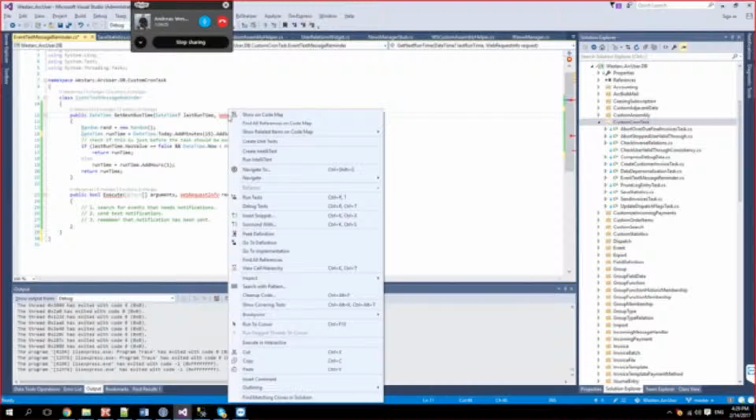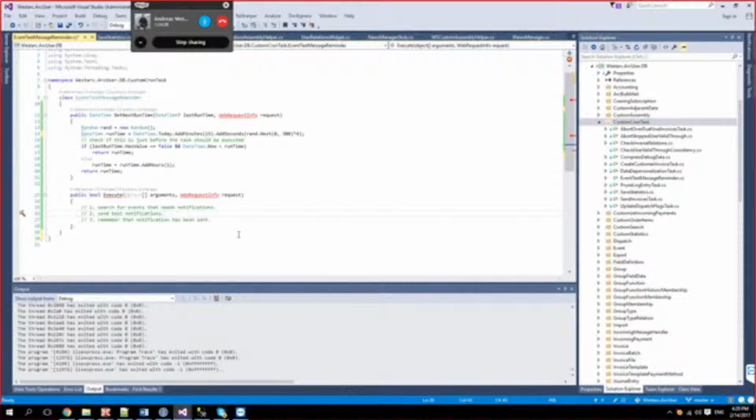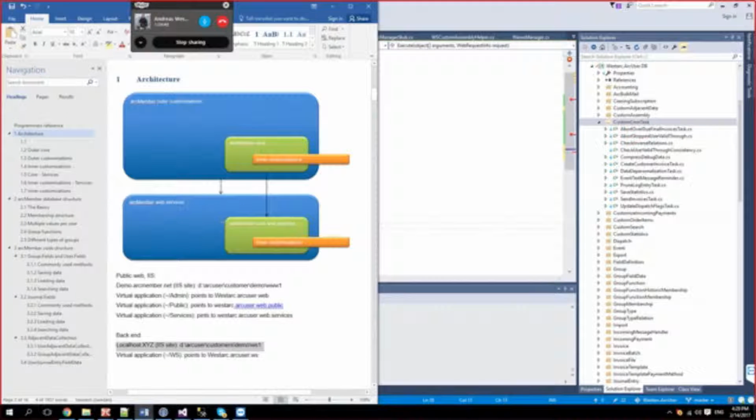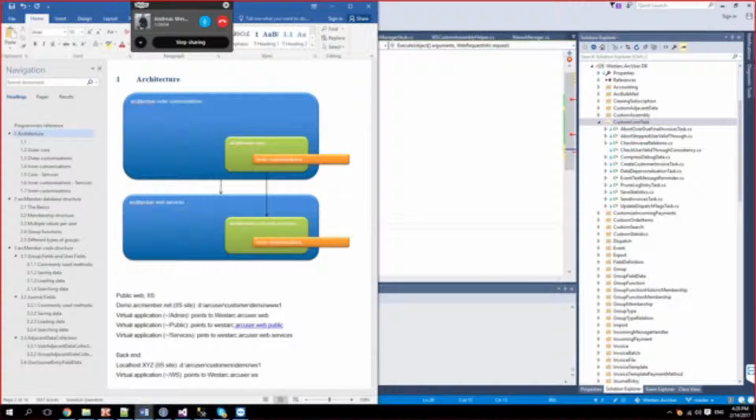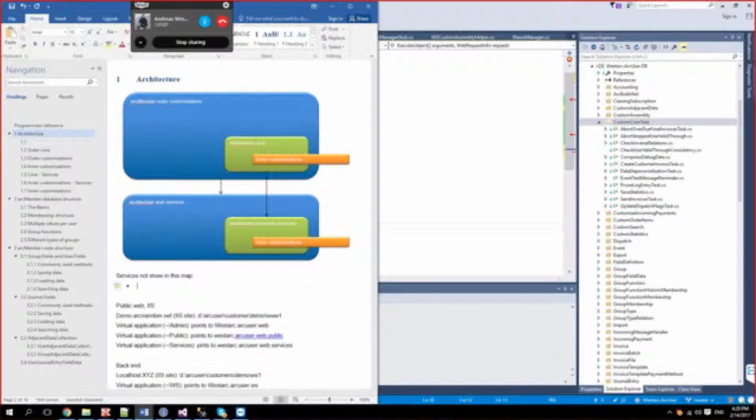What services can we use for SMS notifications? We have an own. That is a problem. We have this other service. I said here that we got 2 services that don't show on this architectural map. One of them, well, both of them come into play here. Services not shown in this map.